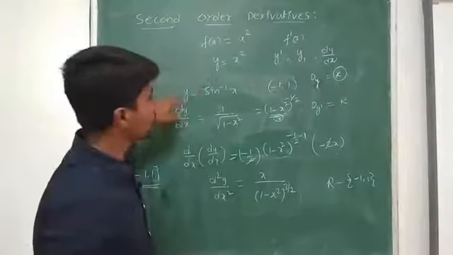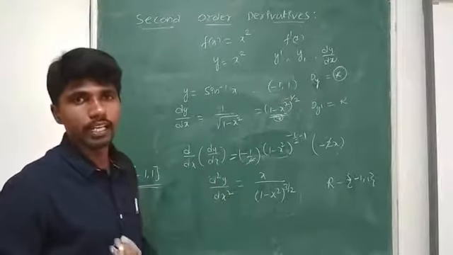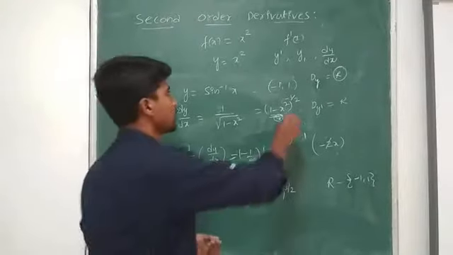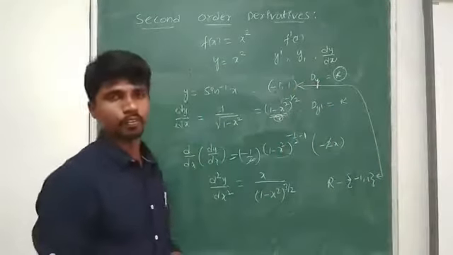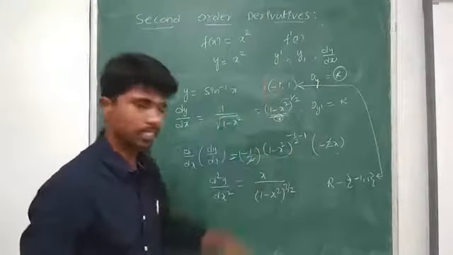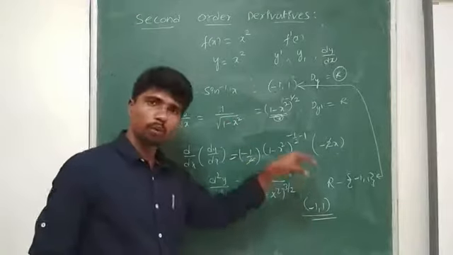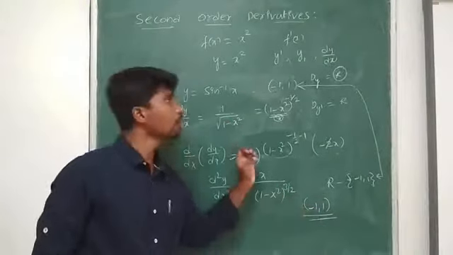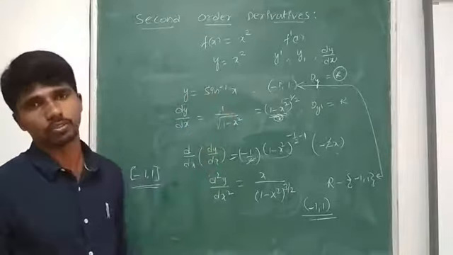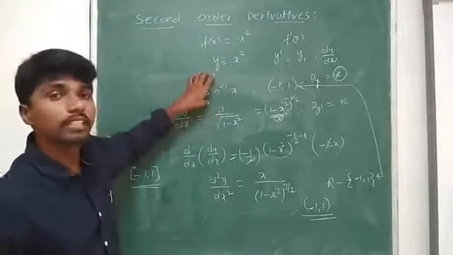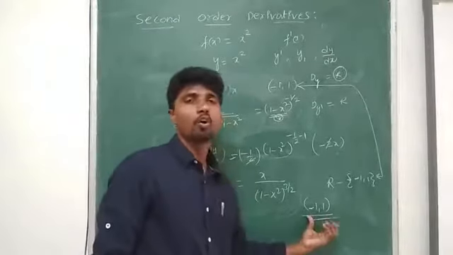So when the given function is differentiable, the second derivative of the given function exists. If I take the intersection of the two given domains, it is nothing but -1 comma 1. So in -1 comma 1, the second derivative of the given function, y is equal to sin inverse x, exists. So sin inverse x is double differentiable in the open interval -1 comma 1.